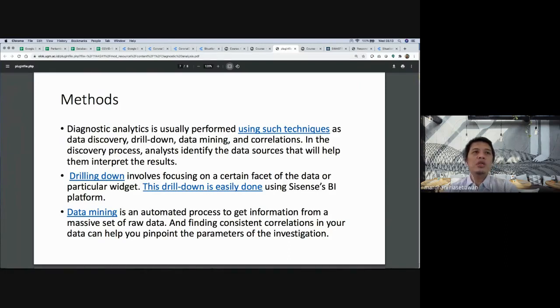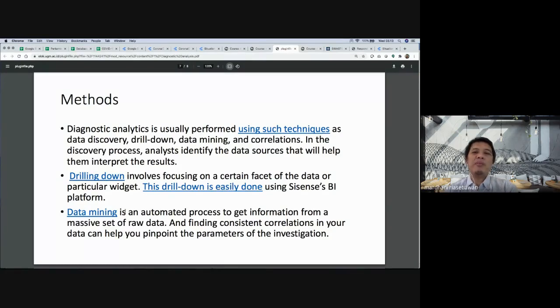The drill down involves focusing on certain facets of the data or particular widgets. There are many platforms that we can use for this, like Google Data Studio and Power BI.